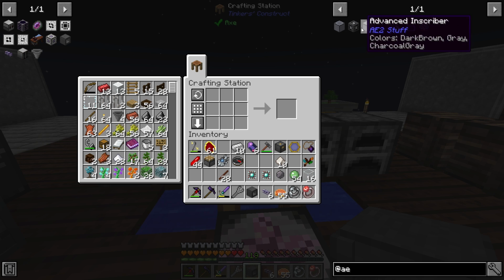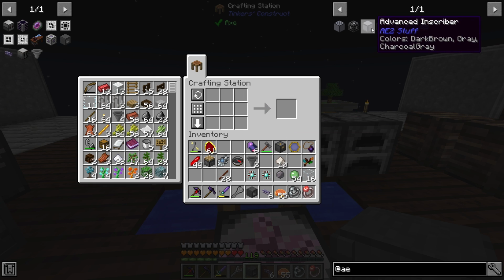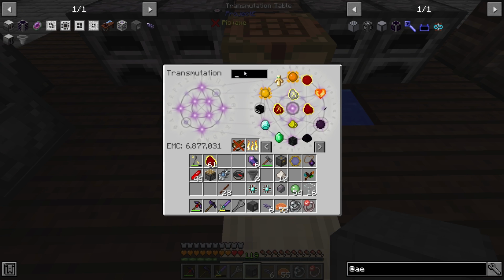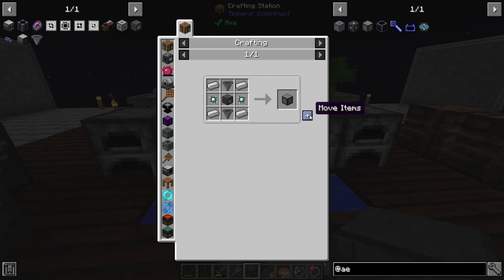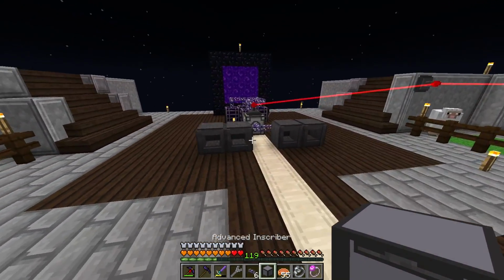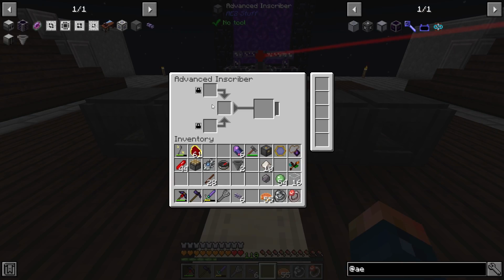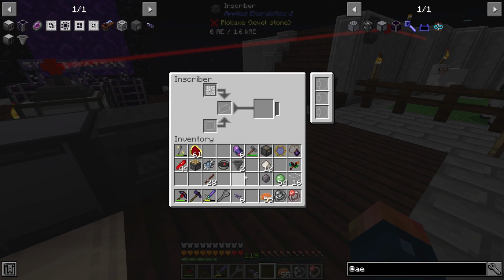Was it hoppers too that we needed? I'm pretty sure it required 2 hoppers. Yeah. And some iron. If I remember correctly, I still think this requires AE power. Yes, if I remember correctly, it does require AE power. But it is way better because you can now take the... Oh, by the way,